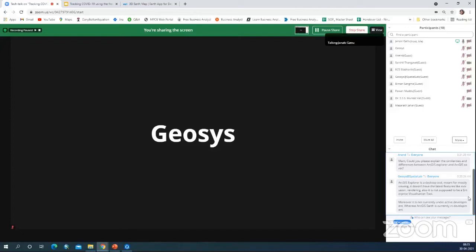And ArcGIS Explorer is a desktop tool. Moreover, this ArcGIS Explorer is basically a desktop tool, and it is basically used for viewing the data in a lot of scenarios. But this ArcGIS Earth is more interactive, and you can plan, visualize, and even draw the features on ArcGIS Earth, and you can visualize the data. Basically, this supports the enterprise environment. As this is a new tool, it is supporting the enterprise visualization capabilities.